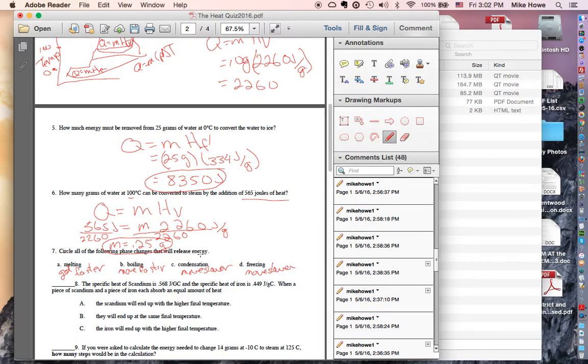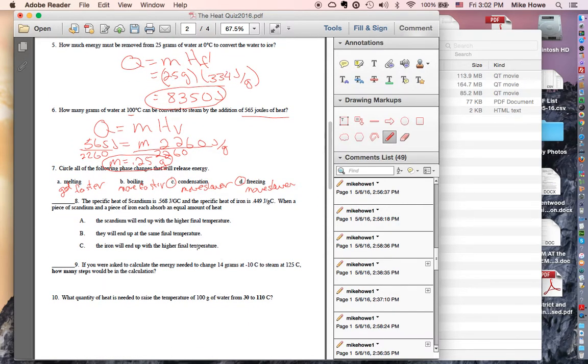So the phase changes that release energy would be where the molecules slow down. So that would be these, where they're moving slower, in both condensing and freezing. So those would be your two answers. Number 8,